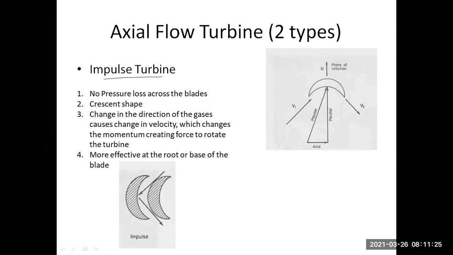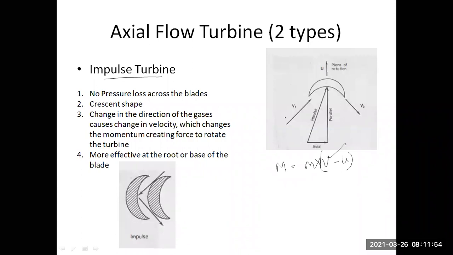But what have we understood over here? That direction is changing. Correct. What is momentum? Momentum is equal to the product of mass and velocity, right? And change in momentum is what? When you are changing the velocity. Here there is no actual change in the speed, but the direction is changing. That means velocity is changing, right? The numerical value remains the same. Suppose the air was coming over here at some speed, it is going out at the same speed.